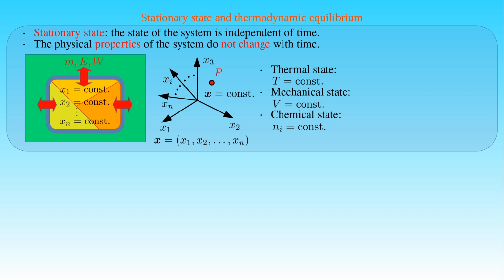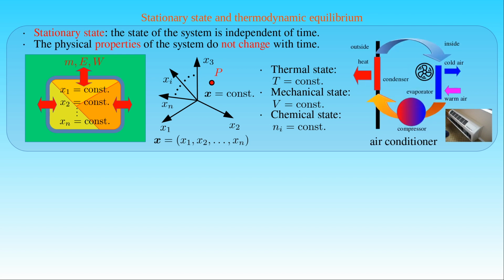An everyday example for stationary thermodynamic state is the operation of an air conditioning system. As the photo shows, the air conditioner is installed on the wall of a building. The device has three main components: an evaporator, a condenser, and a compressor. The compressor is circulating the air between the evaporator inside the air conditioner, and the condenser is located outside the building. The air conditioner pulls warm air through air vents in the building and coils it in the evaporator filled with a gaseous refrigerant to absorb heat.